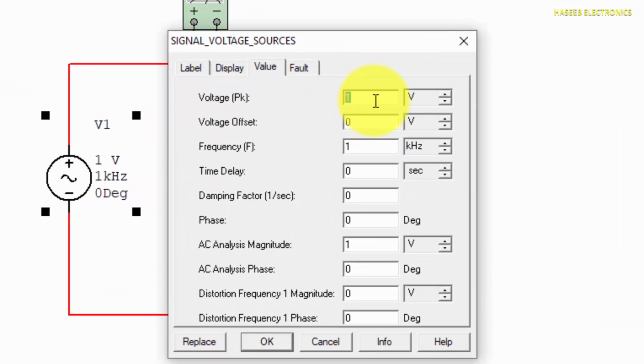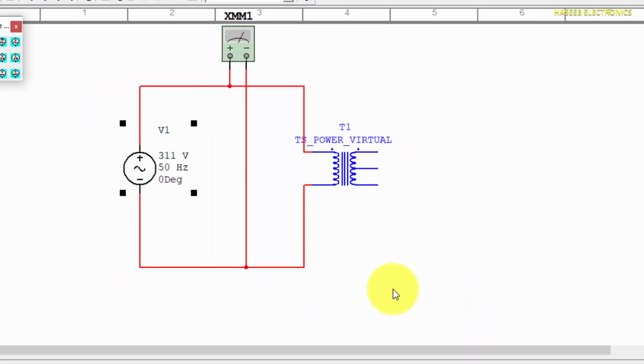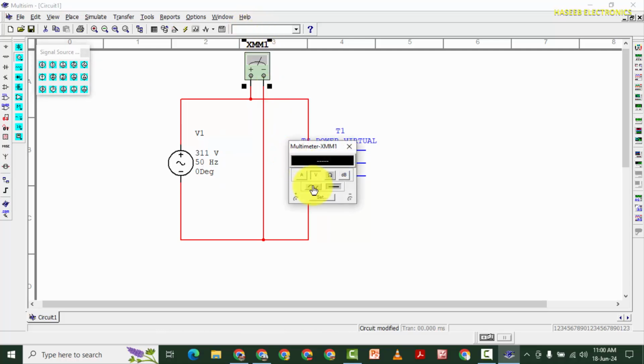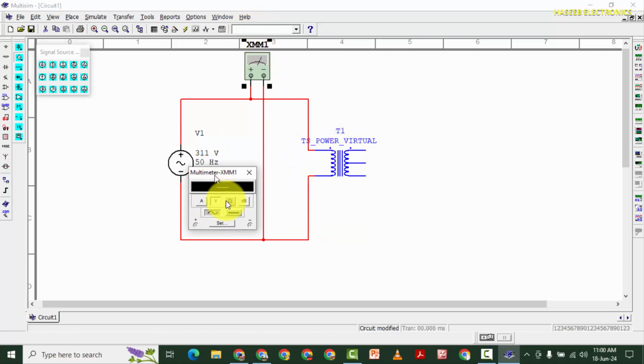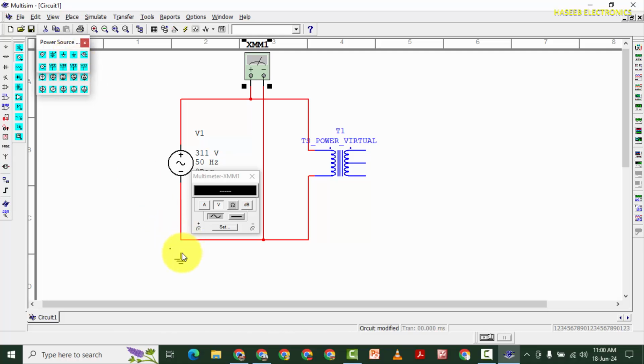We need to enter peak voltage value 311 volt for 220 VAC, and here 50 Hertz or 60 Hertz whatsoever. Change the unit here, Hertz. Okay, then set multimeter AC. These are AC input voltage. Now we need to connect ground, because in Multisim we need to connect ground here.